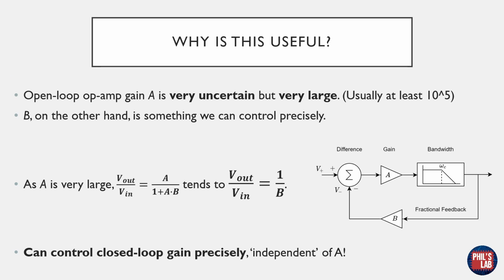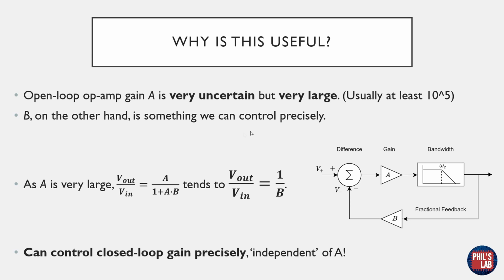This is all very good, but why is this useful? It turns out that the open loop op-amp gain A is actually very uncertain, but it is very large, usually on the order of 10 to the 5, 10 to the 6. But this could be 2 times 10 to the 5, it could be 10 times 10 to the 5, so rather uncertain. B, on the other hand, is something we can control. We choose our feedback fraction, we say, okay, this is 0.2 we're feeding back, or 0.371, so we can control